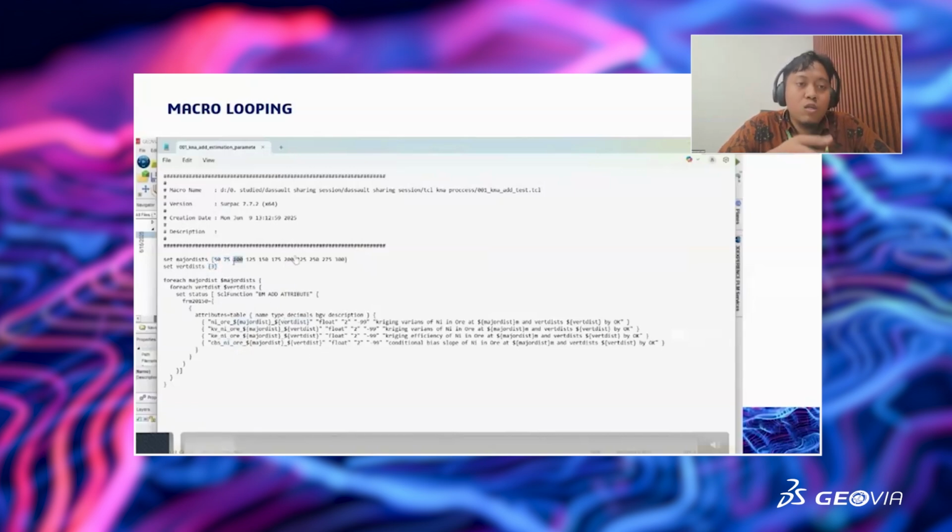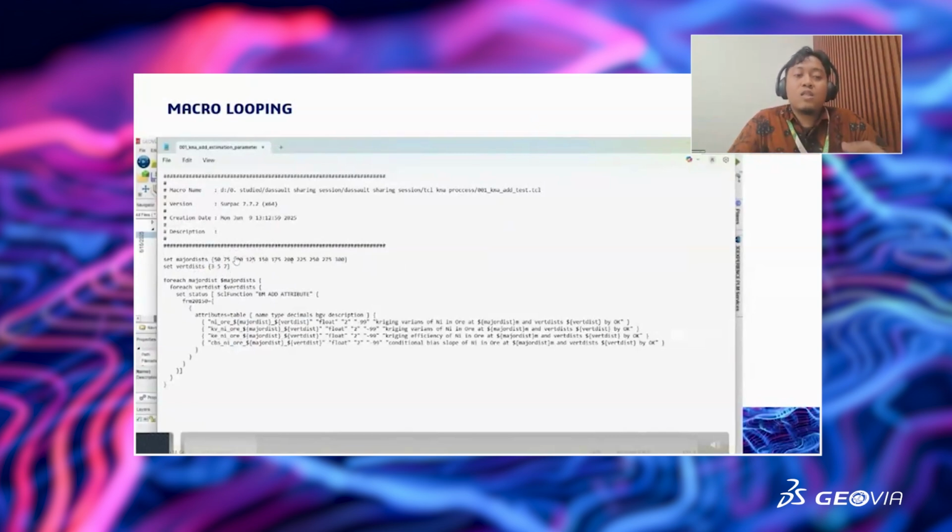This is how the macro looping will change our workflow here. So instead of 11 TCL, we just set it, so we can do 3 parameters for the vertical distance here: 3, 5, and 7. So it will create 11 major distances by 3.